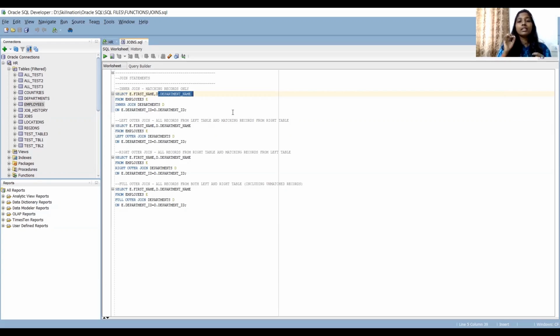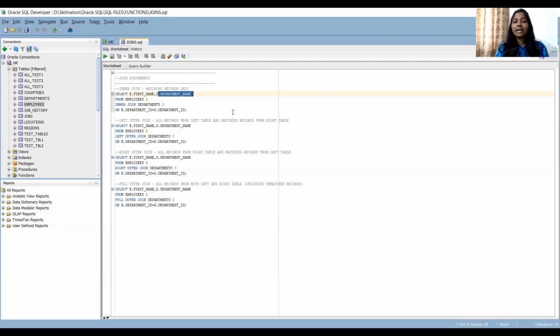Now you will understand the importance of the primary key foreign key relationship, which we covered on the first day of the session. Primary key foreign key relationships are used in join statements to join two tables.